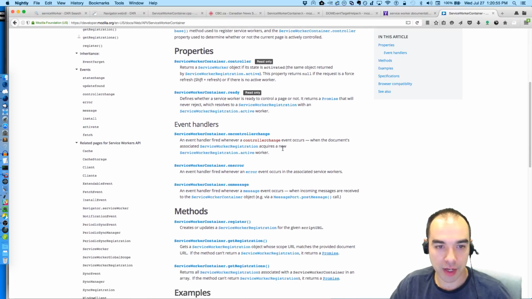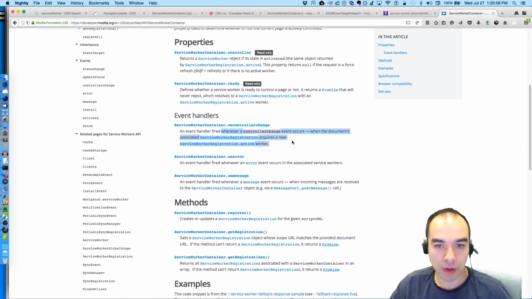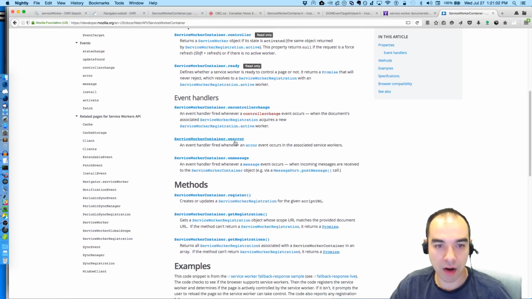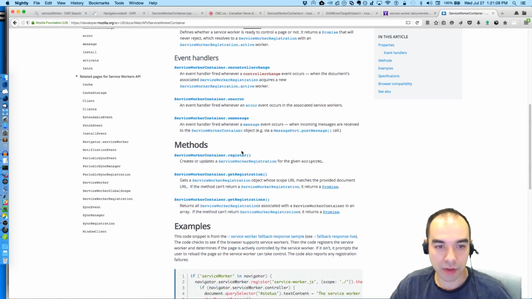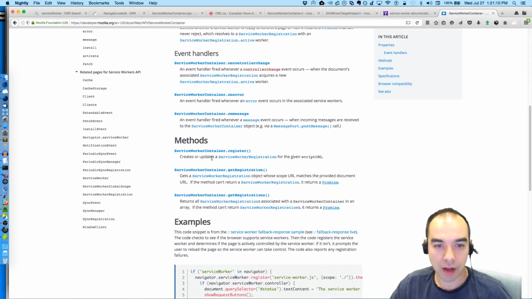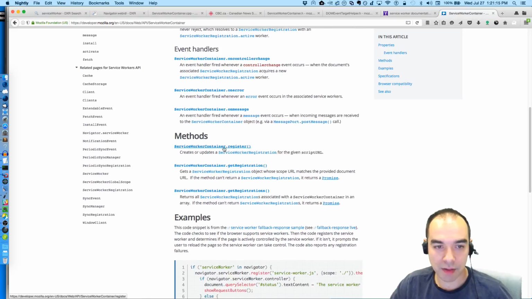On controller change, whenever a controller change event occurs, I don't exactly know what that means. On error, so these are like standard event handler things. On error, on message, and then you can register. You can create a service worker registration using register.